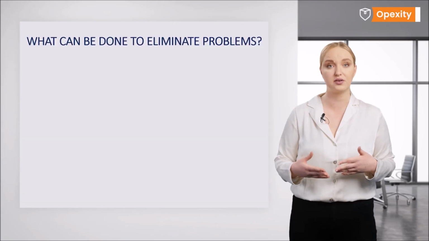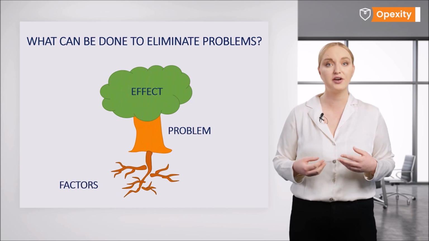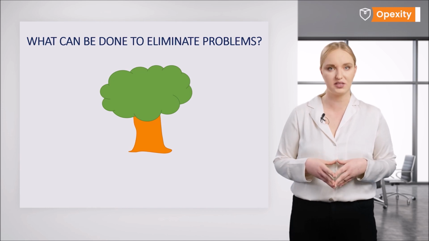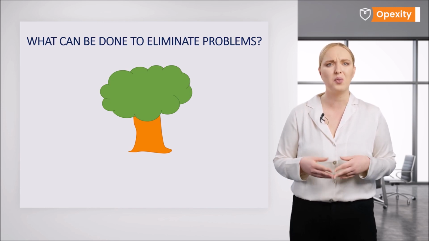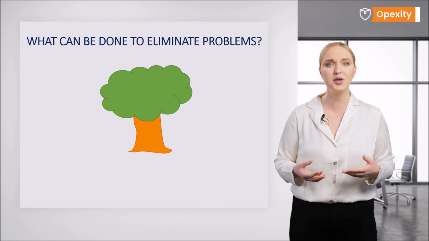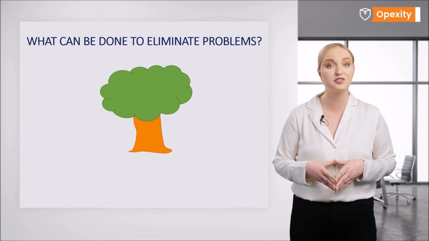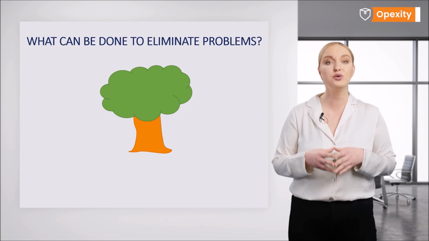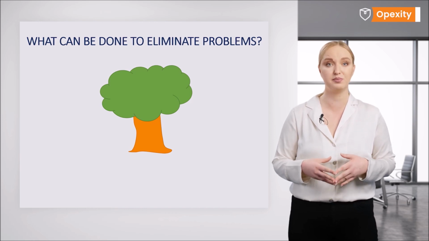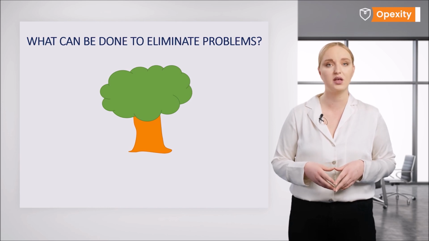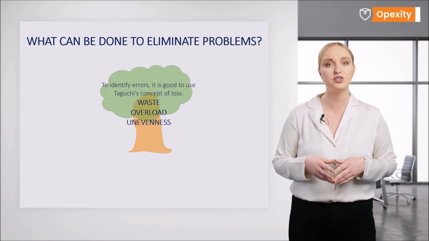As with manufacturing or logistic processes, errors in administrative processes are improved by eliminating the root cause of those errors. When mapping out a process, the question is bound to come up. Why is this taking so long? Why do we need 4 signatures on this document? The actual causes of problems in the office process usually come from careless architecture, building and adding more layers or options to existing ones. To identify errors, it is good to use Taguchi's concept of loss.